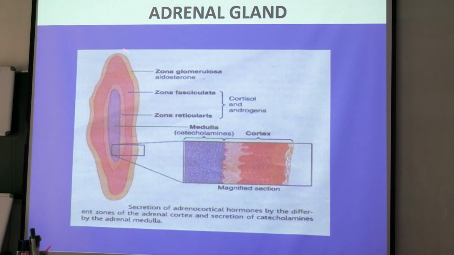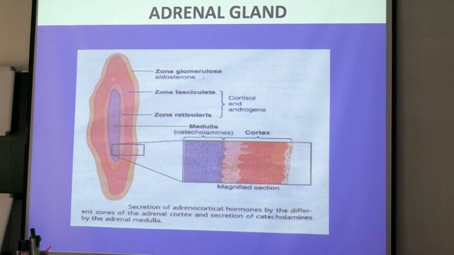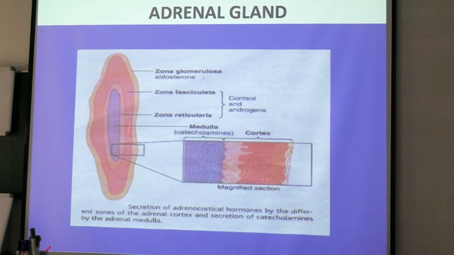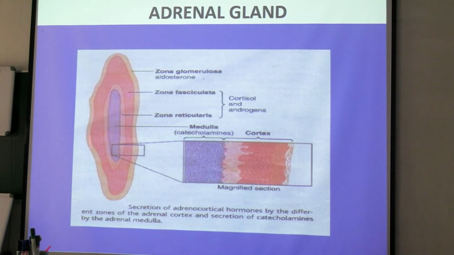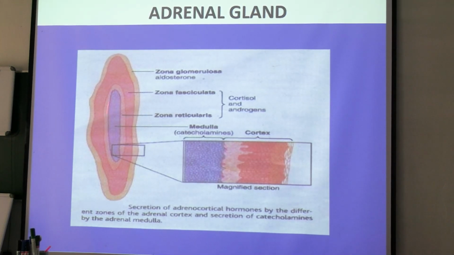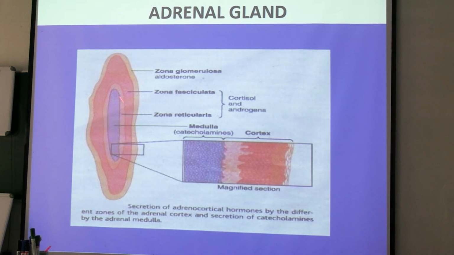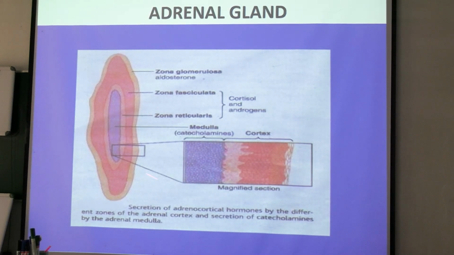Okay, so this is a schematic diagram of the adrenal gland cross section. These three layers are of the cortex. This part is the medulla. So this is zona glomerulosa, which consists of 15% of the cortex. Then fasciculata consists of almost 80% of the cortex, and the rest of the part is this reticularis, and this is the medulla. And you can see medulla volume is very much less than the cortex volume.